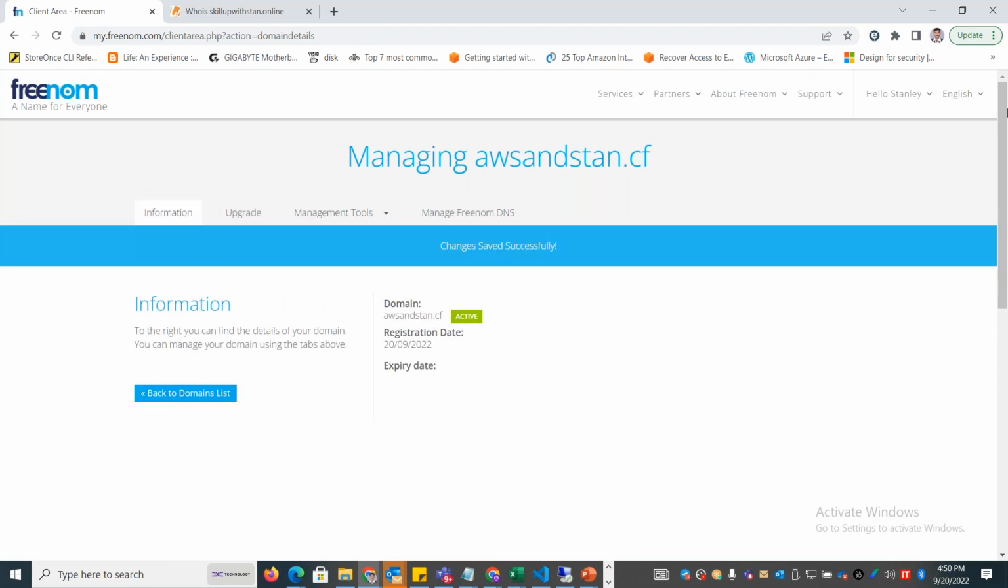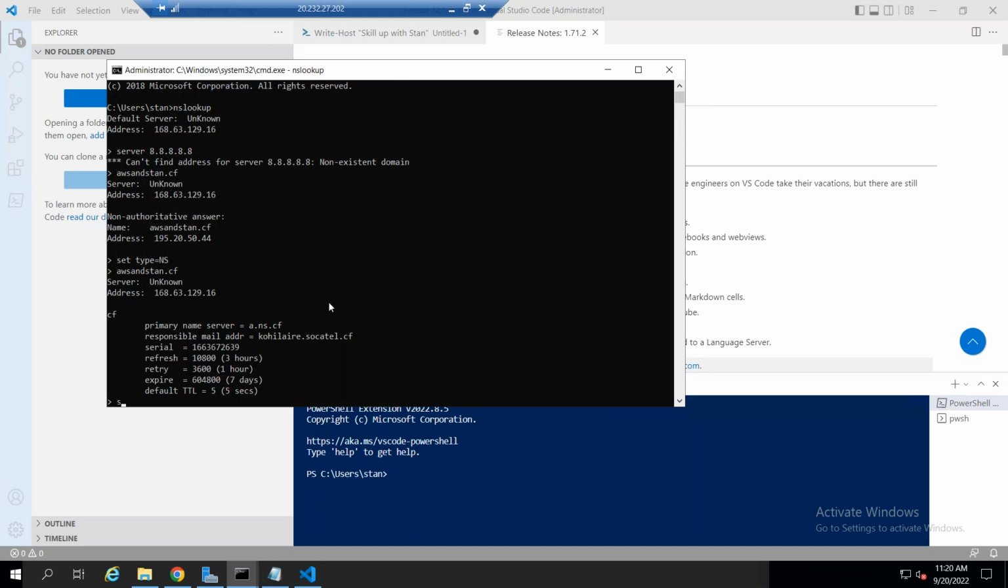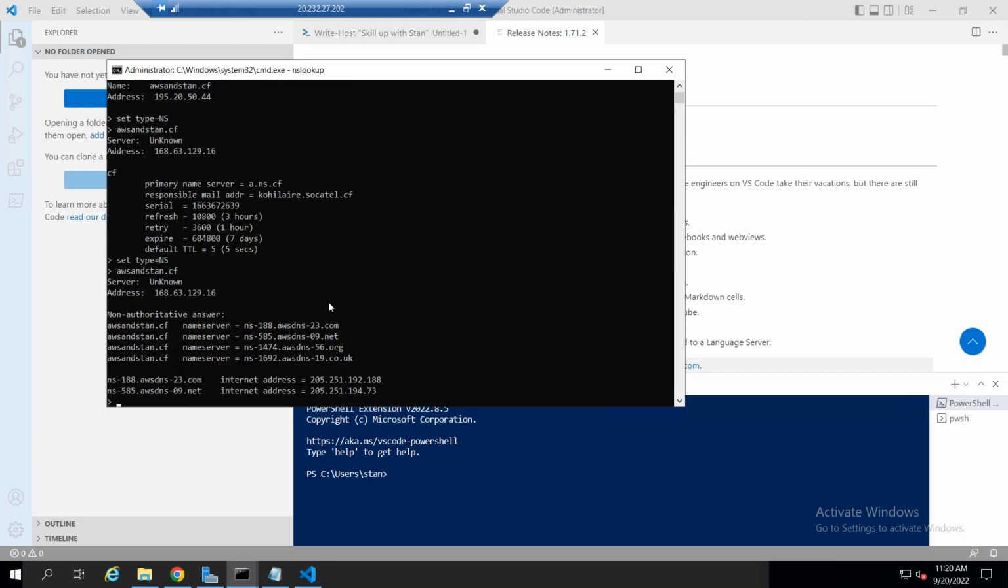Okay, once the changes are saved successfully, you can go and check the NS lookup. Now it should point to AWS instead of Freenom. So now I'm just going to say set type equal to NS, and check the same AWS and stan.cf. Now you can see that my requests are being forwarded to the AWS nameserver. So instead of Freenom answering the queries, now the queries will be answered by AWS native DNS servers. So this is how you can quickly check which nameservers are answering your queries if I'm typing AWS and